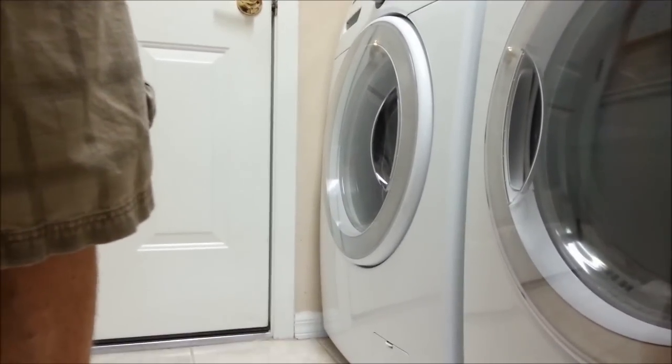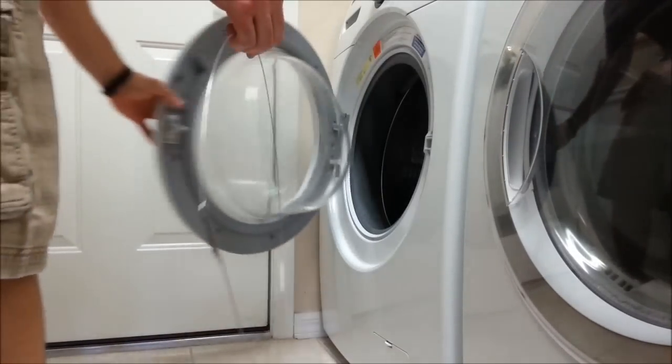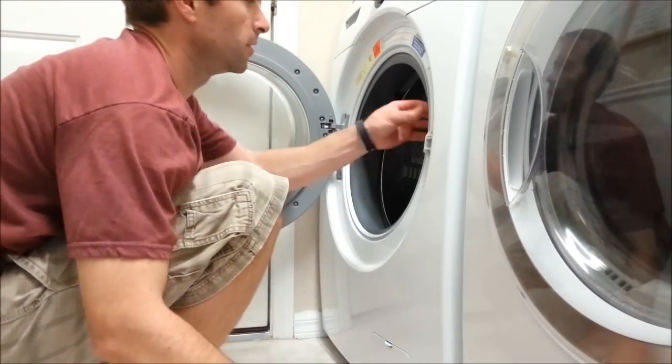Last piece is this rubber spring that goes around the rubber door piece. This is one of the trickiest pieces just because it can be a pain. You might need to get